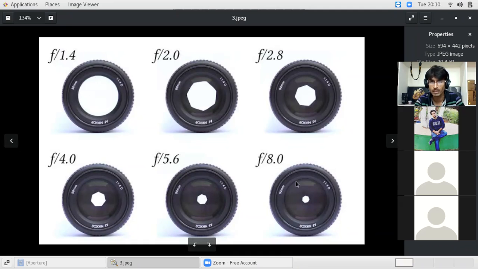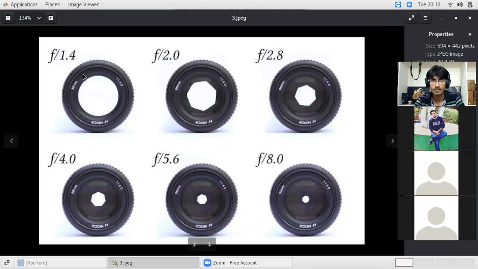When the opening is less, like in the last picture, we call it a smaller aperture, but it is represented with a bigger number like f 8.0. Again: opening is more, aperture is bigger, represented with a smaller f value like 1.4. Opening is small, smaller aperture, represented with a bigger f value.